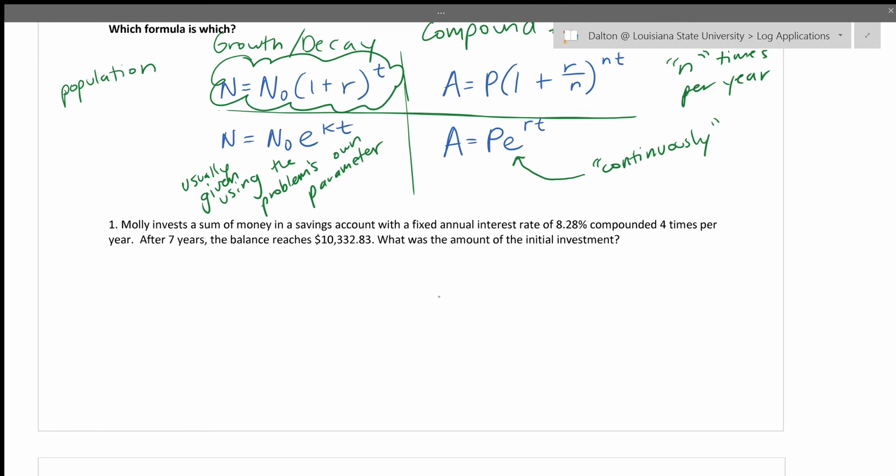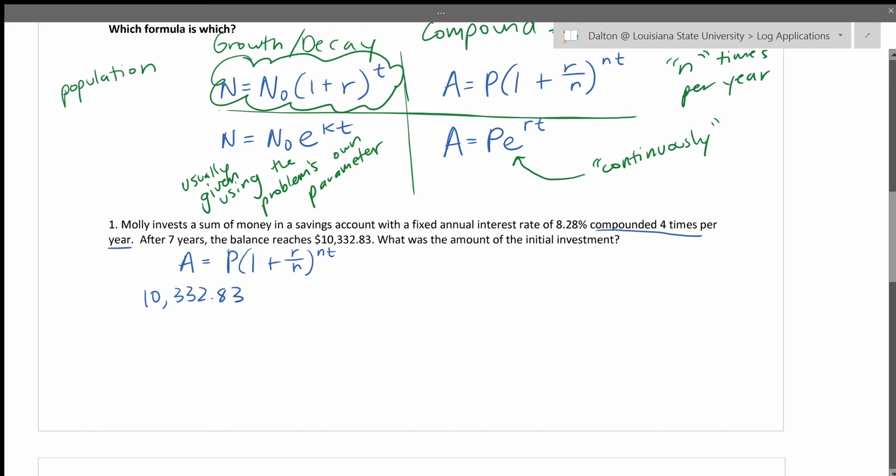So again, words that stick out to me here are compounded 4 times per year. When you see this phrase, that implies that we need to use our compounded n times per year formula. So we're going to use the formula A equals P times (1 plus r over n) to the nt power. Now, A is our final amount. Okay, so if A is the final amount, they give us the final amount. They say after 7 years, the balance reaches